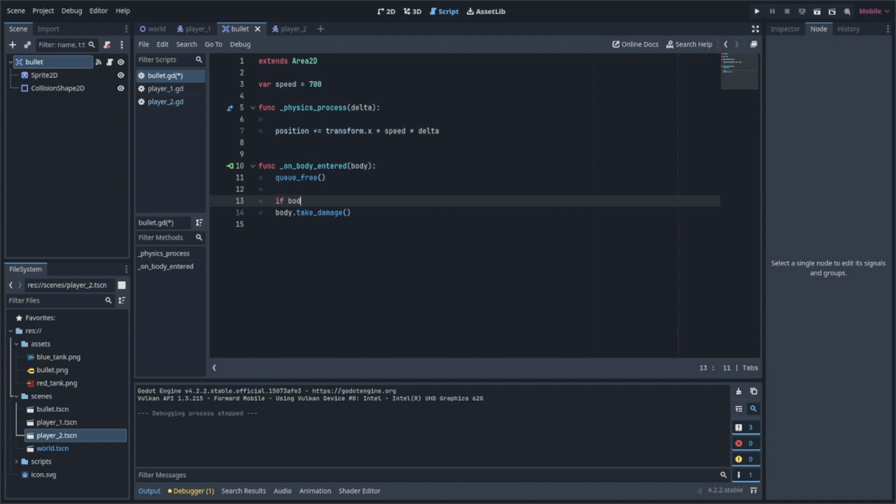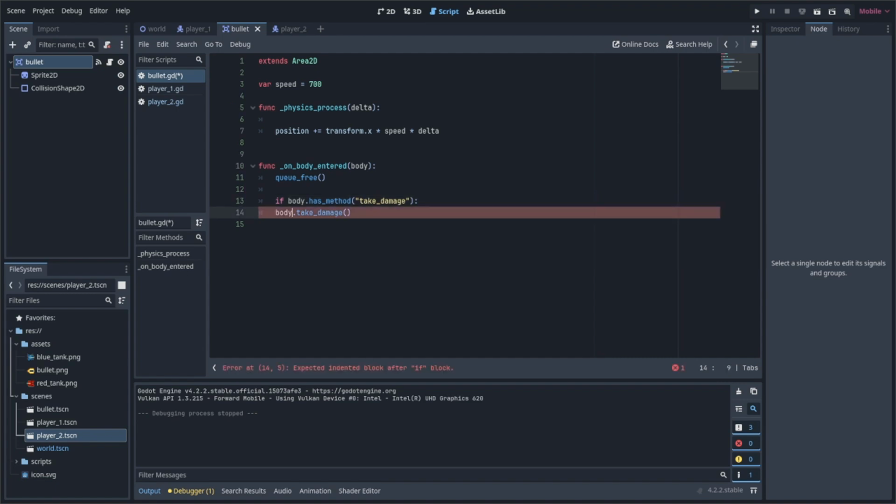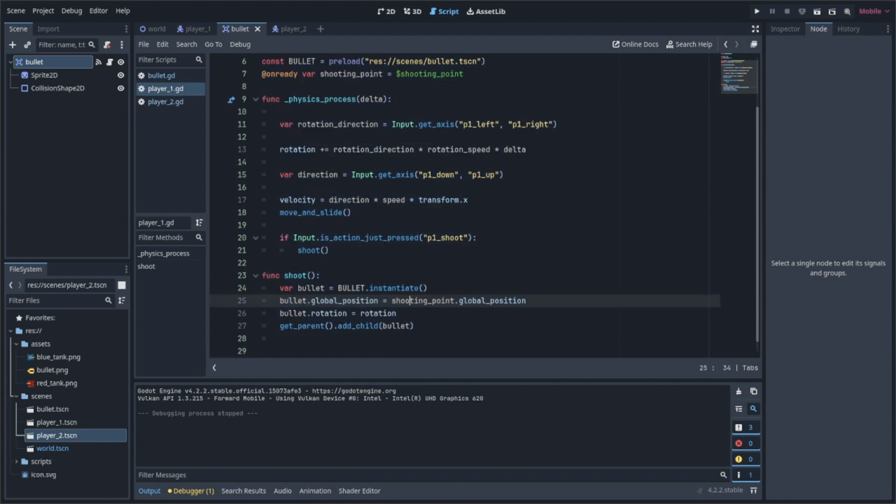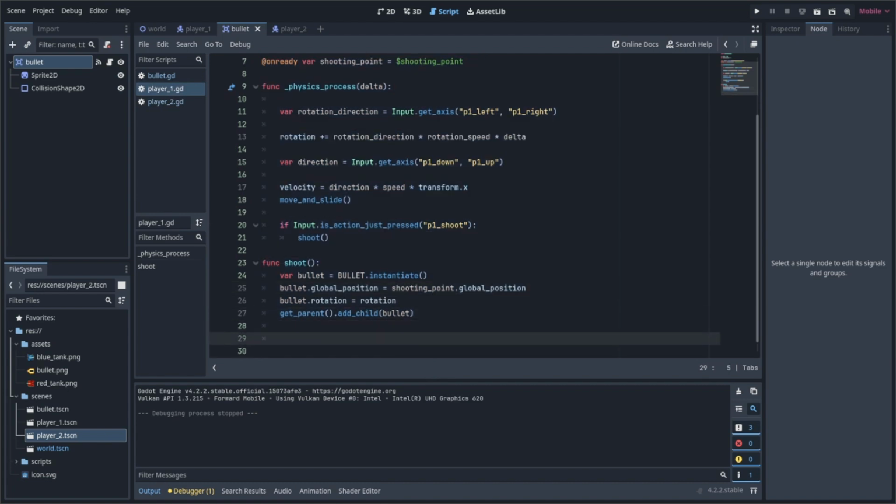So if body.has_method, and the method is going to be called take_damage. If it has the method, then make sure we indent this properly. Then, only if the body has this method take_damage, then run this method called take_damage. So let me hit save, and let me go to player 1, and I need to make this function. So func take_damage,